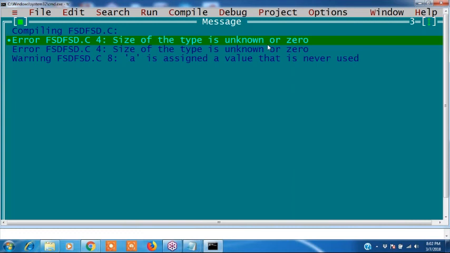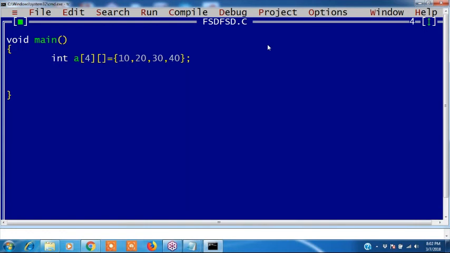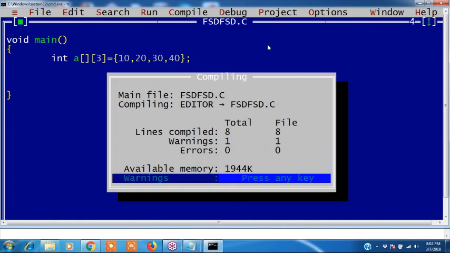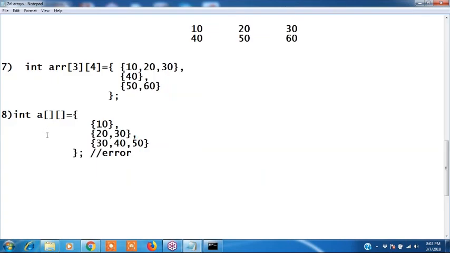Is it valid? See, this is an error. Now I'm declaring columns. See this? Without rows, we can declare the array, but without columns, we can't declare. Clear? Understood? How many columns? 3 columns are there.